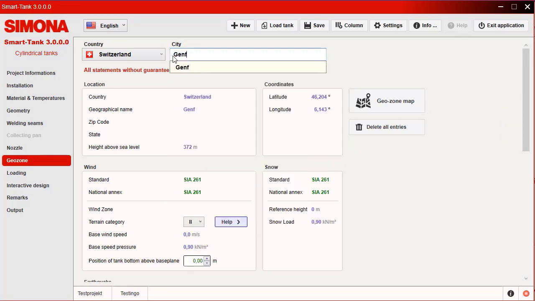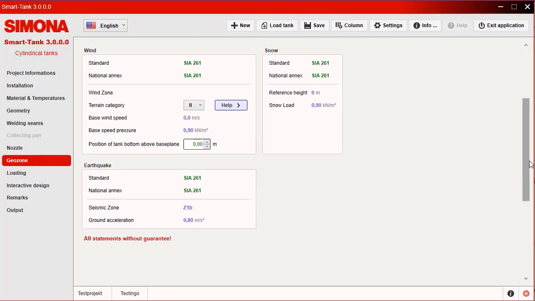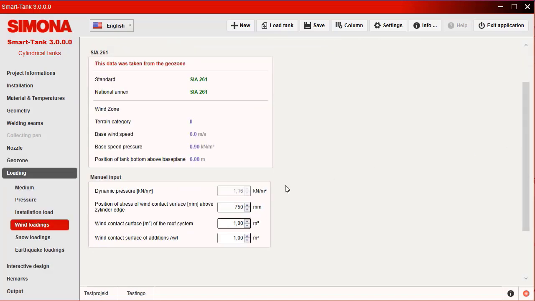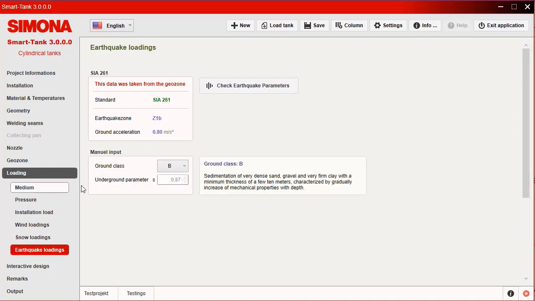Otherwise, transfer all the data from the location directly to the stresses menu. As soon as you have selected the corresponding menu item under the respective load group, you will be shown all transfers again for checking. If necessary, add a few additional data such as the geometry of the extensions or the existing subsoil class and complete the load input effortlessly and at lightning speed.